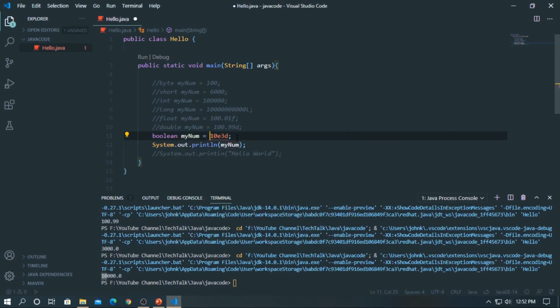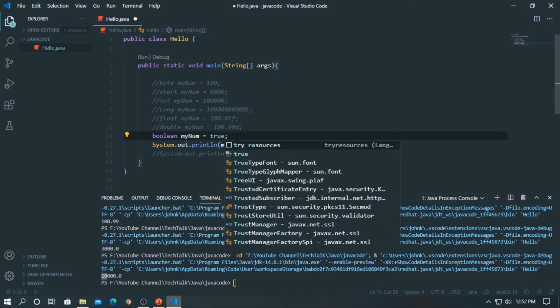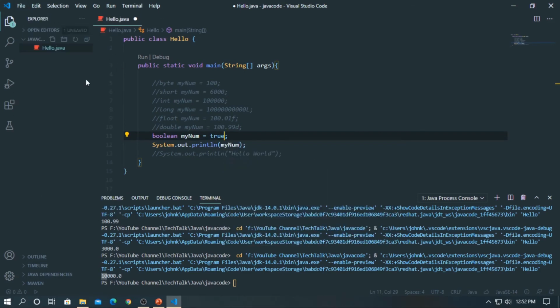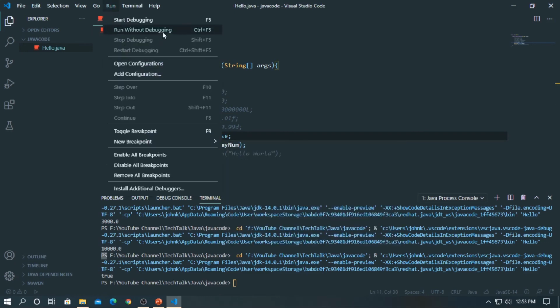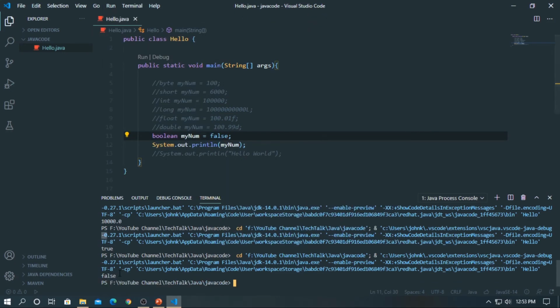Boolean number true or false. False. Boolean values are mostly used for conditional testing, which you will learn more about in a later chapter.